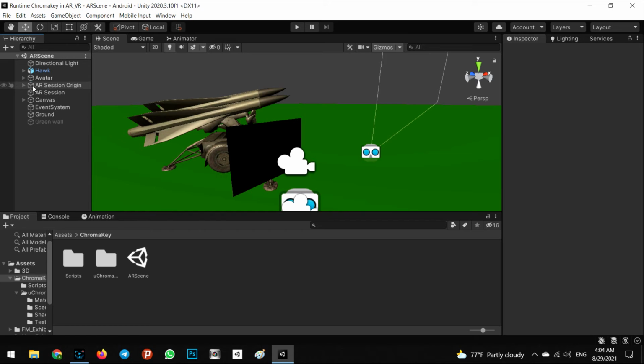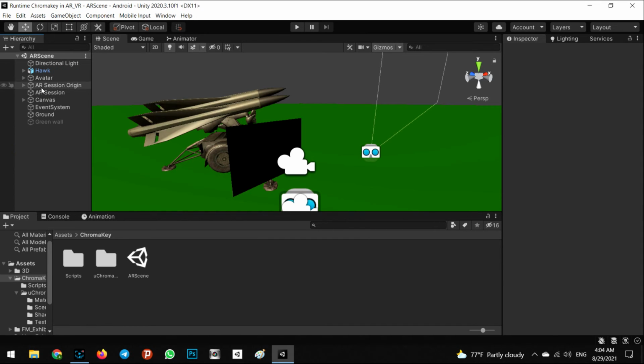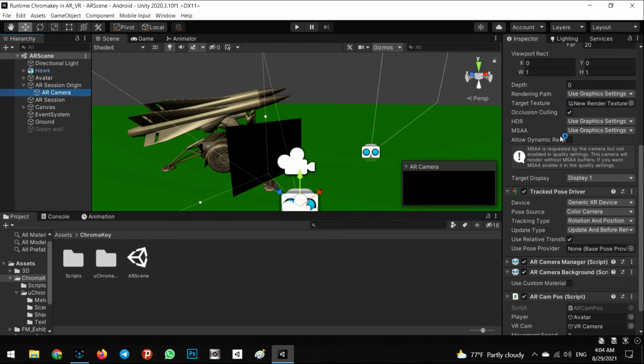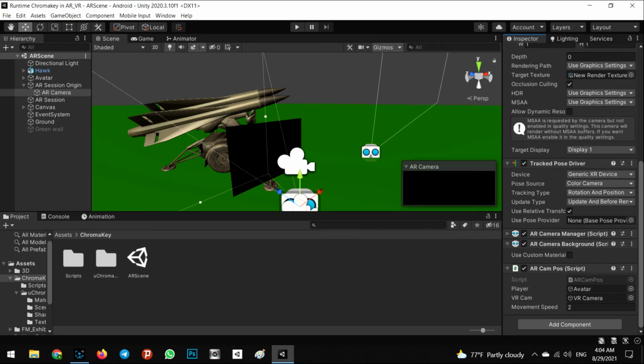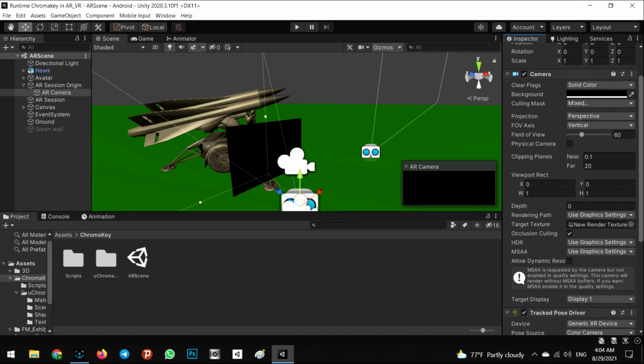It will be an AR session origin. In the game object in XR, when you click on AR session origin, we will see an object. It's called AR session origin, and it has an AR camera. As you can see, it is the basic option of the AR foundation. I don't want to talk about it because it's not related to our project, but